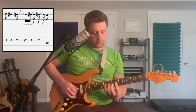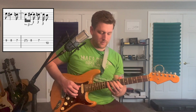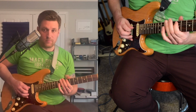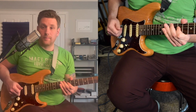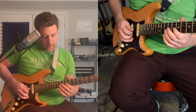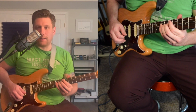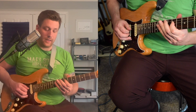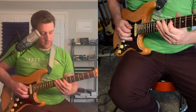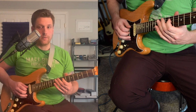Playing a little triplet trill thing here where he grabs the 8th fret again. That is all still really just second position A minor pentatonic. He grabs the 10th fret of the D string and hits this A, the 7th fret of the D string, before walking down back into the first position by